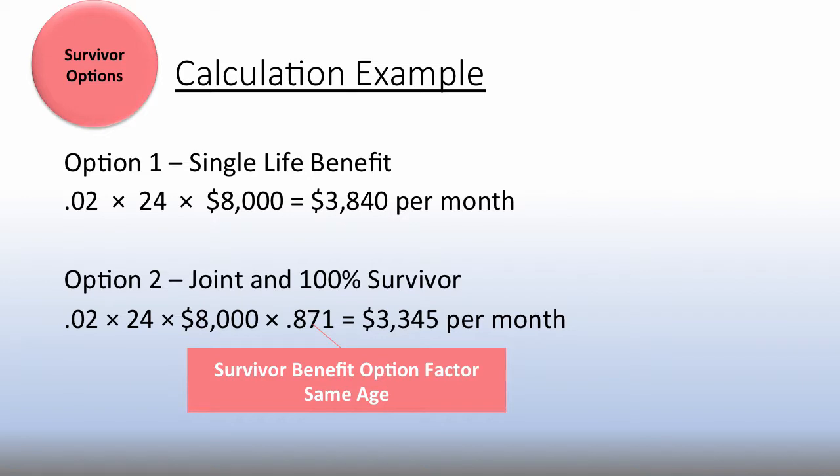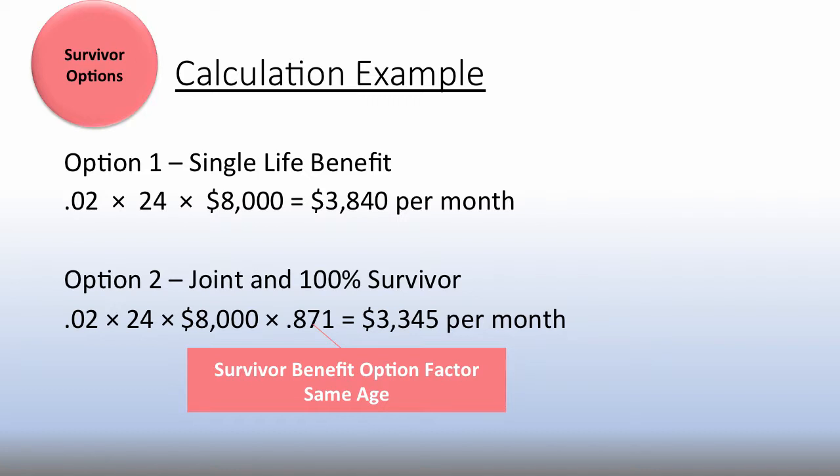So let's make sure you understand how the math works on this. So here's your base benefit, which is the option 1 benefit, right? We've already seen this one. This is your maximum benefit. When we start, how we calculate the survivor options is that there's an actuarial factor. One of the tables that you had, or that was in the back, called the survivor benefit. This is our actuarial table. These are the figures that we use for calculating what the impact on the benefit's going to be.